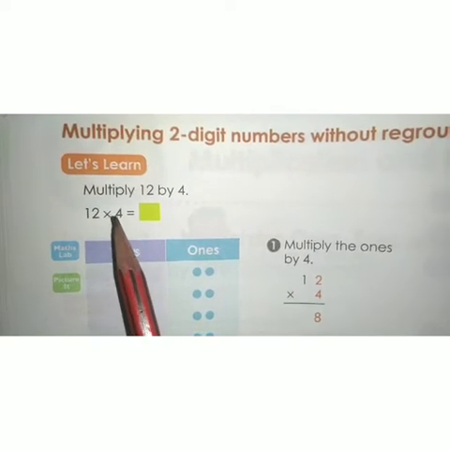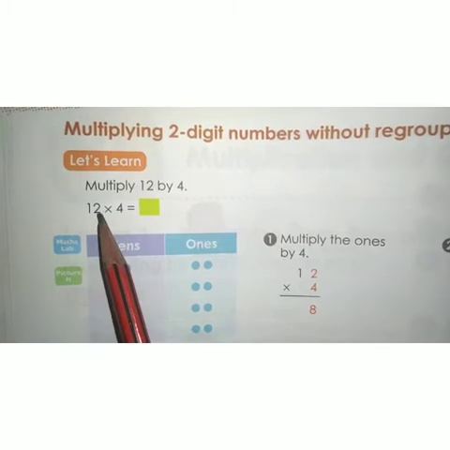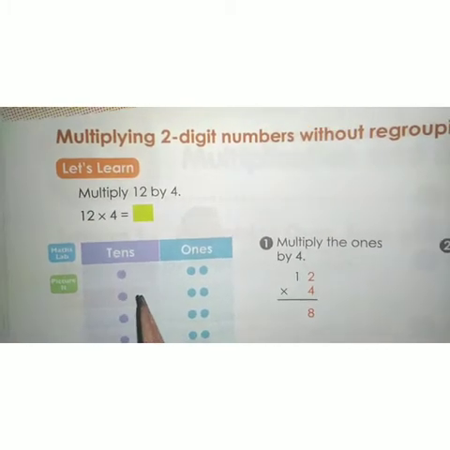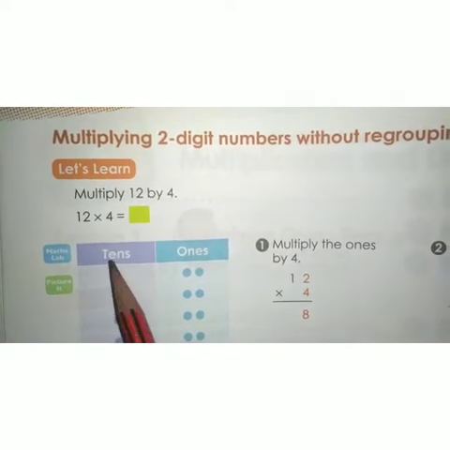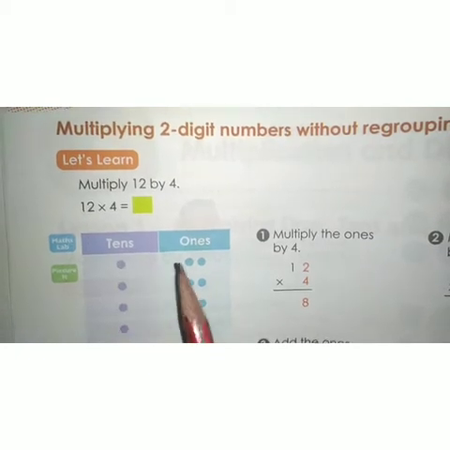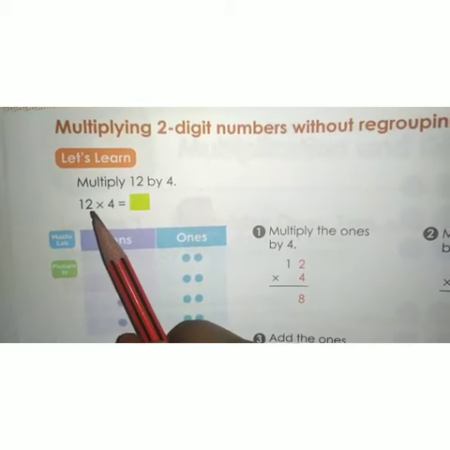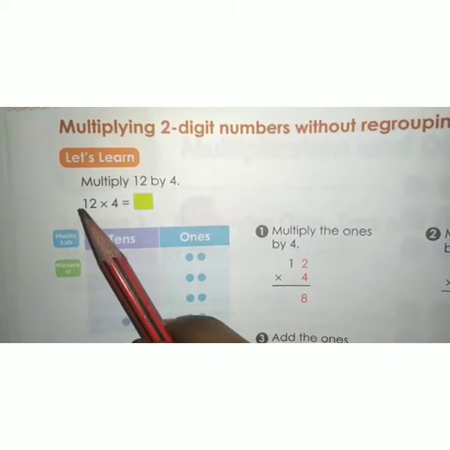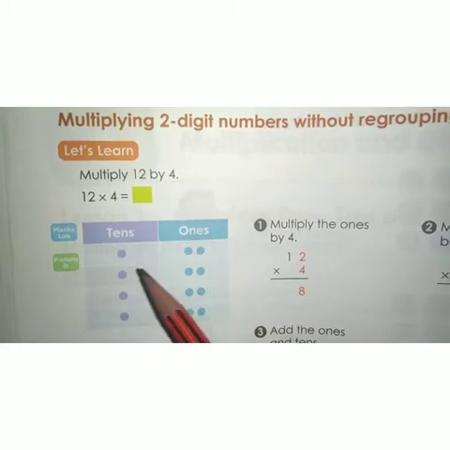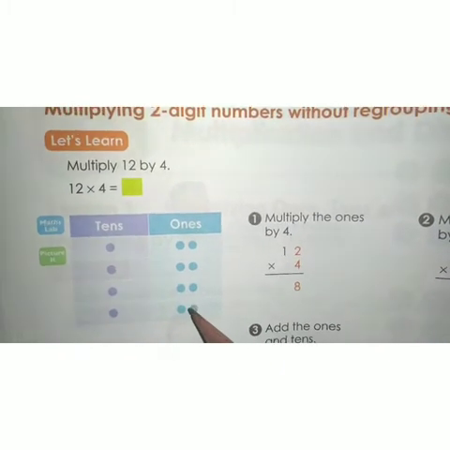Let me consider these two numbers related to the object. Here two digits are there, ones and tens. So we have to write it as 2 ones and 1 tens. How many times? 4 times. 2 ones and 1 tens should be written for 4 times. As such, we have to write it for 4 times.